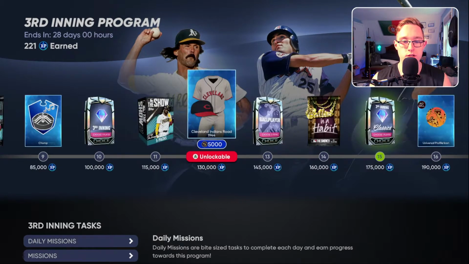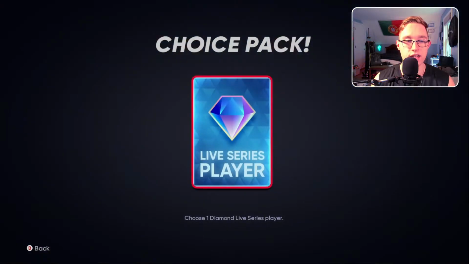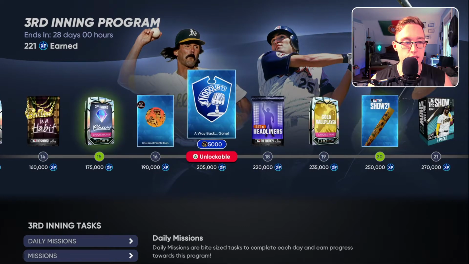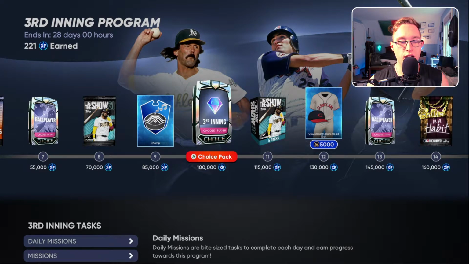So there is obviously going to be a total of 35 levels in this third inning program. Really not much has changed here. You still are going to get your 85 to 89 Diamond Live Series player at level 35. The third inning boss pack is at level 25. The third inning classics pack is going to be at 15 levels, but then they also introduced new diamond henchman